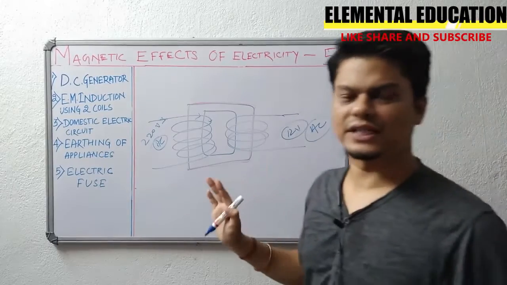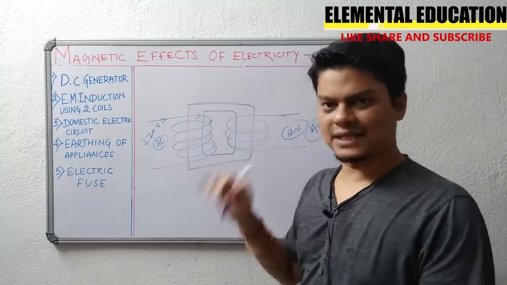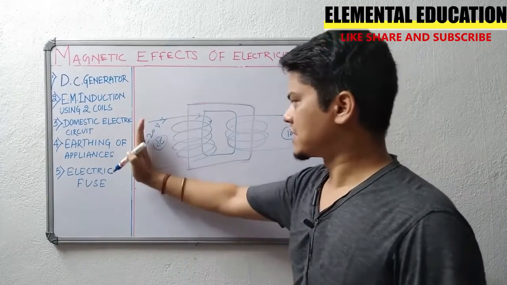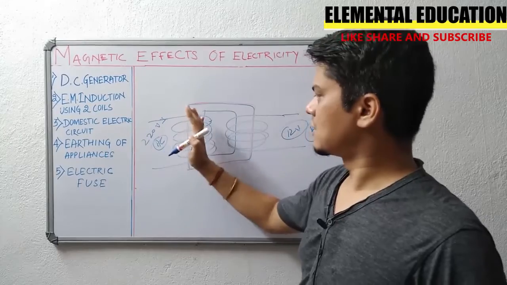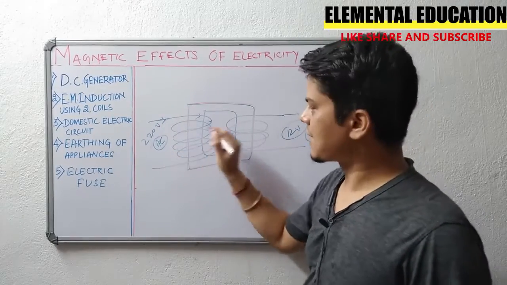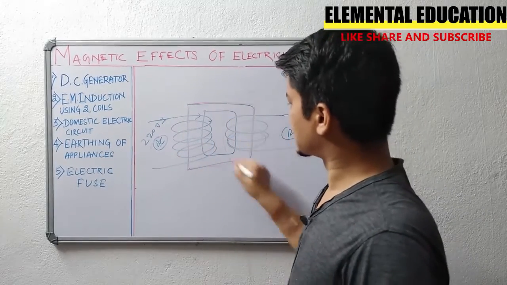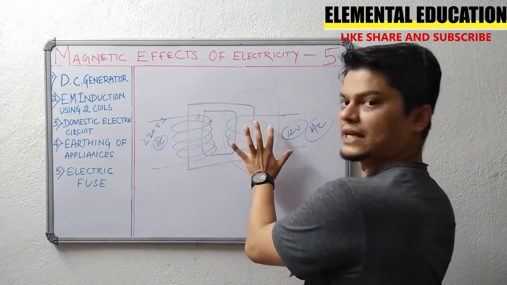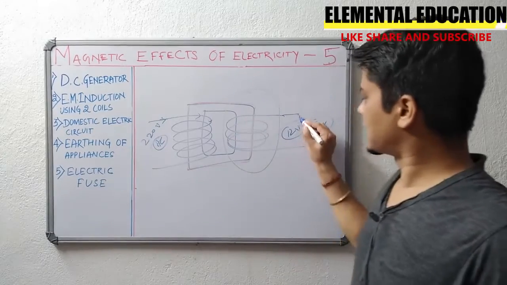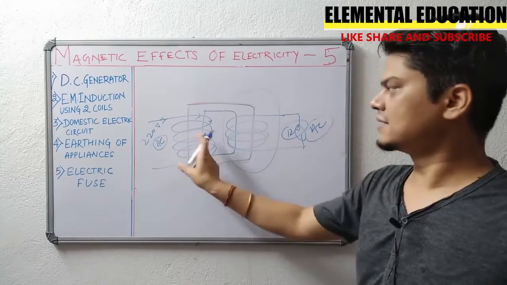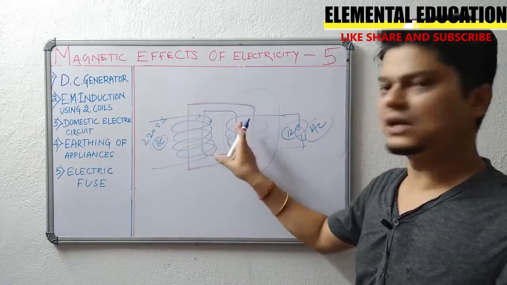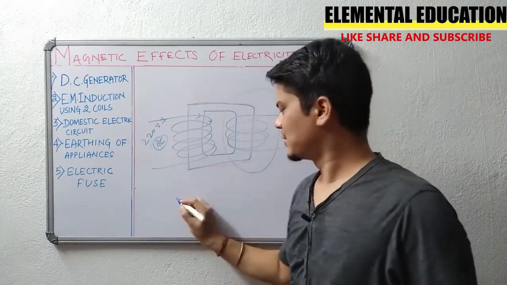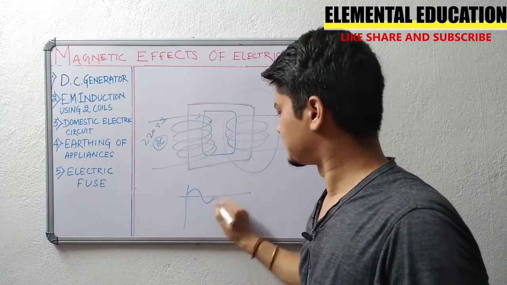DC we cannot induce, because in DC the current is constant. That is why transformers always work on an AC voltage supply. So this is AC. The current will produce a magnetic field in this soft iron core. So this coil comes under this magnetic field. This magnetic field will induce the current in it. So this current is again an AC current. Why? Continuously it is switching on and off, right? Here also continuously on and off. So this on and off gives birth to the AC current.